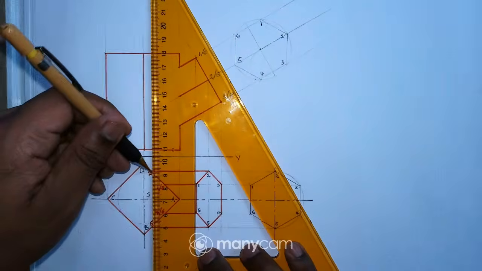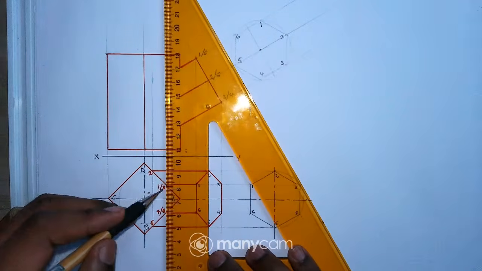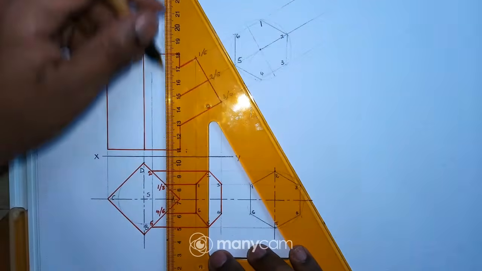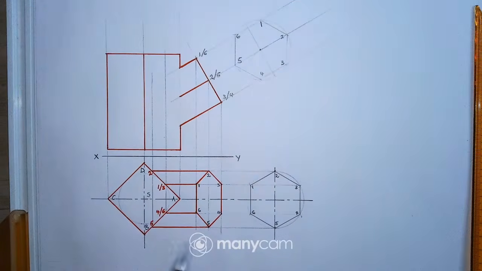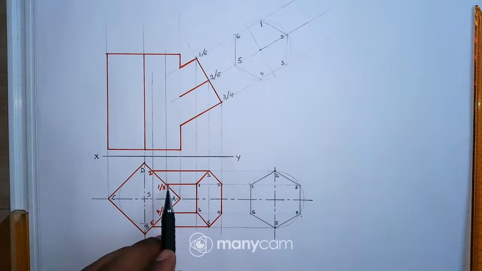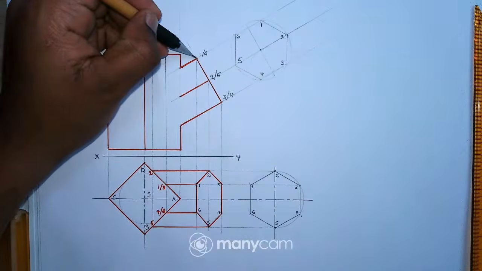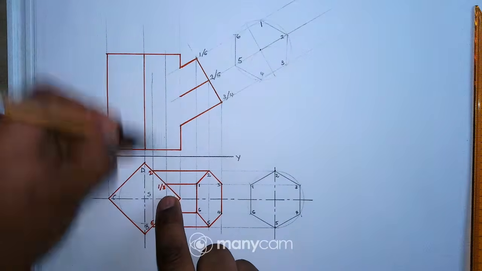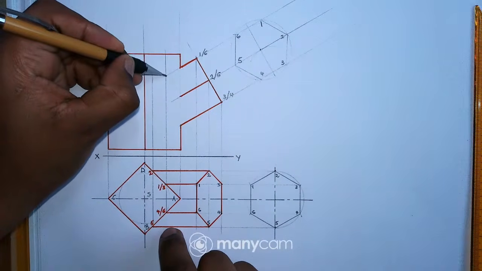So I'll start with those 2 points. They're on the same line, 2 and 5. I have 1, 3, 4, and 6. Same line. Project that up. Okay, so I only have those 2 lines. Okay, so I'll start with line 1, 1. So this is line 1, 1, right? So I have this point so far on my front view. What about this point? Obviously that means I'll have to project this point up, so I have a line there. So where they connect, it's a point. So this is point 1.